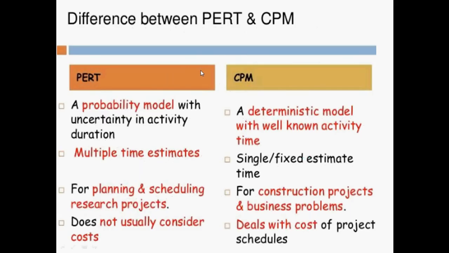So this is the differentiation between PERT and CPM. PERT is the Project Evaluation and Review Technique. In that technique, we have probability models. Probability model means that all the data will be unpredictable. At that time we can go for PERT. That is nothing but what we use for research projects, right? A research project is like that, there is no idea about the plan. So that's why it is nothing but probable data. So whenever probable data is there, you can go for PERT.